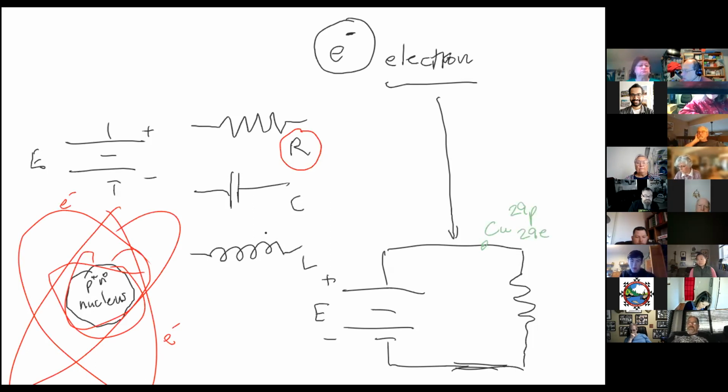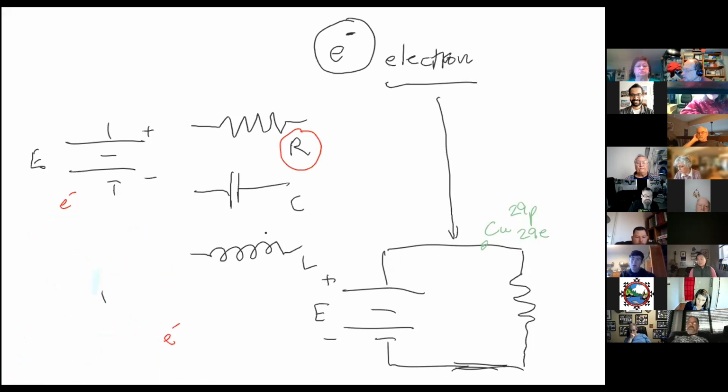So copper is a really cool atom. And why is copper such a cool atom, everybody? It conducts electricity very well. So if we were to look at copper, we would find that here's the nucleus, and flying around here, we